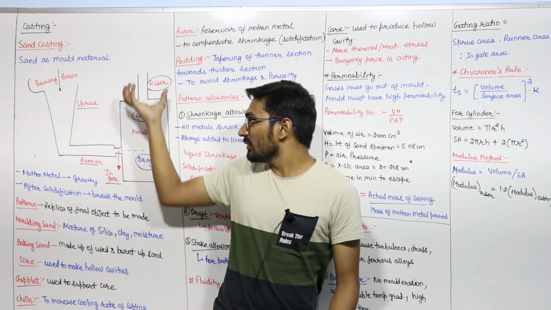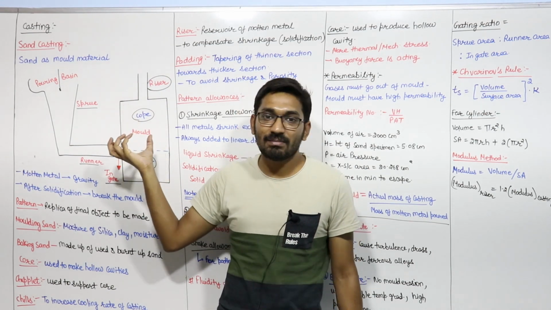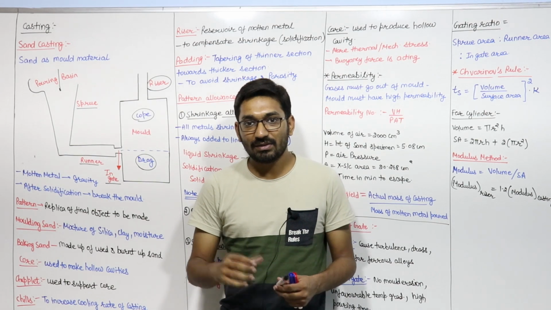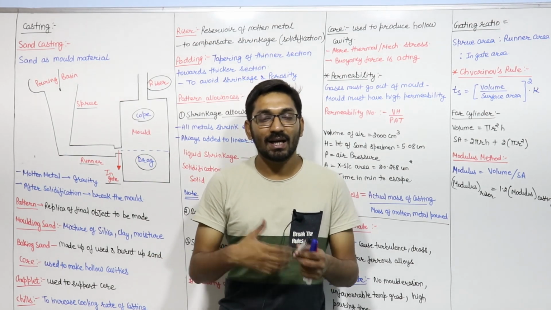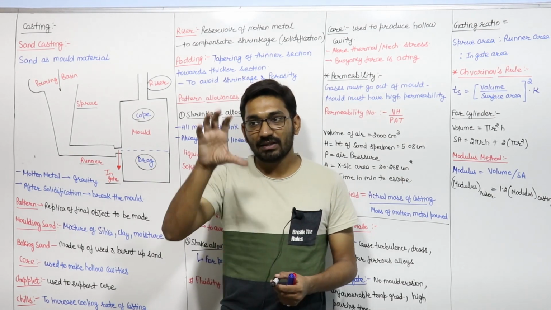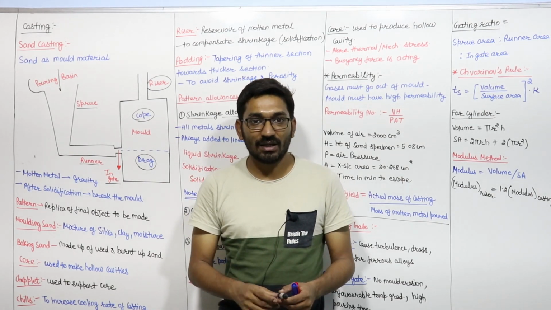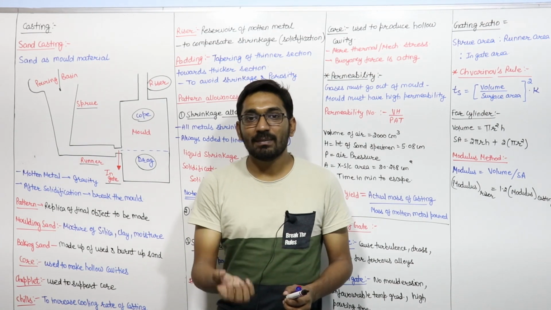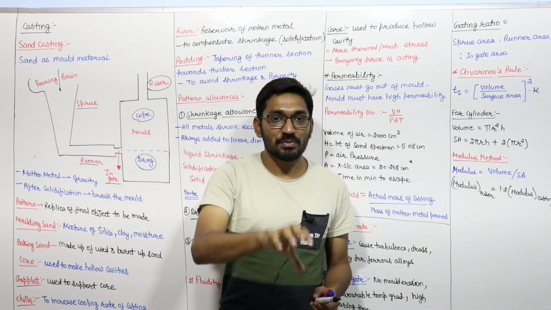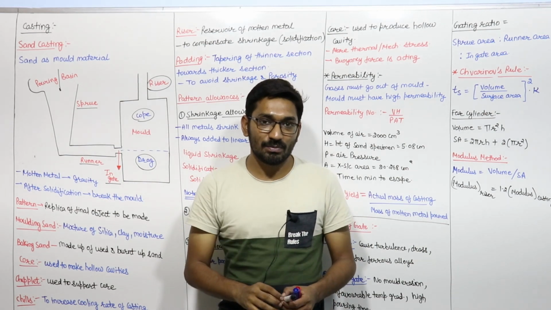The core will be here, and inside it, that core is completely submerged under the molten metal. Molten metal has a very high temperature, so some thermal stresses are there, some mechanical stresses are there. So a lot of stresses are acting on the core, and if it is completely submerged inside the fluid, then a buoyancy force will act. To fix this core at one position, we are